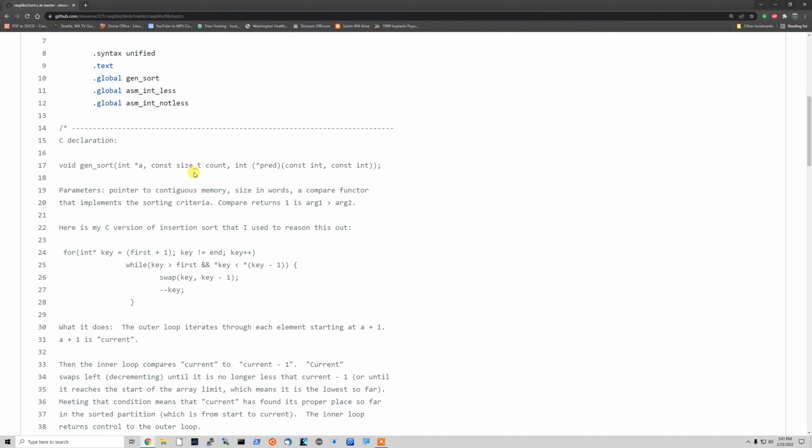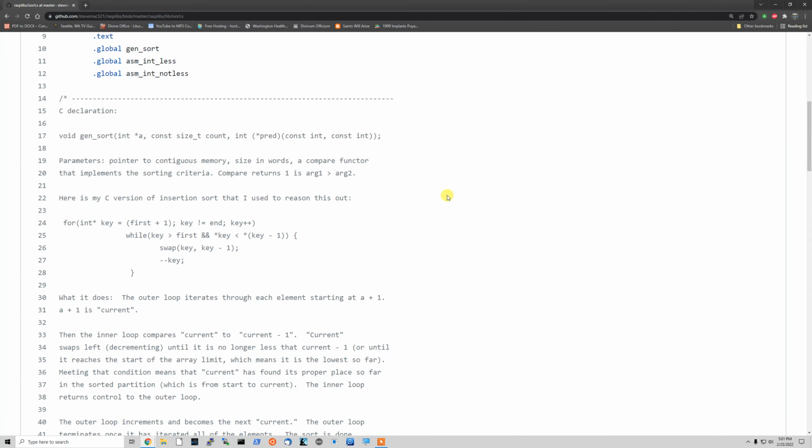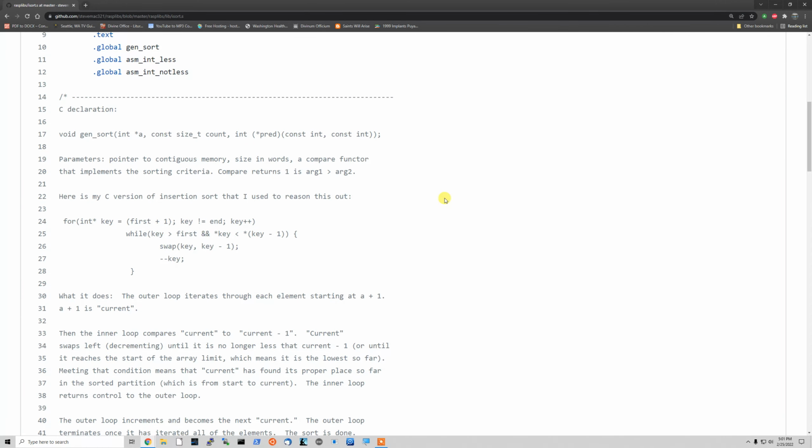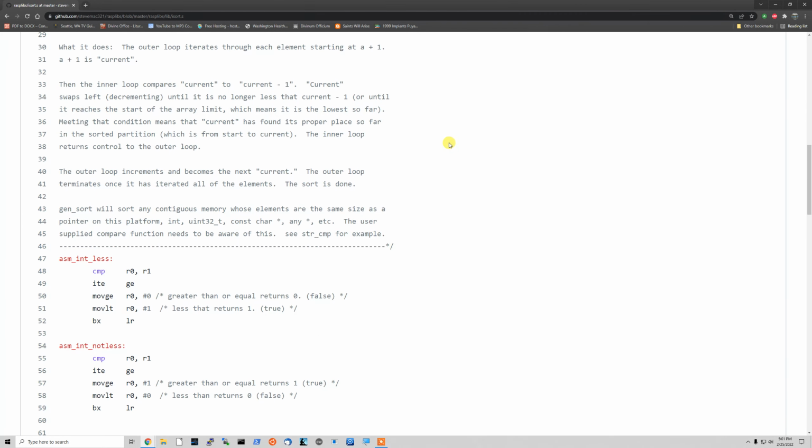It takes an array, a reference to an array. It takes a count, a number of elements, and then it takes a swap functor. It'd be nice to add a size here and make it exactly like qsort, but I can swap any type that's the size of a pointer, so integers, strings, whatever. So I can swap a lot of types that are the same size as a pointer. But if you added a size,